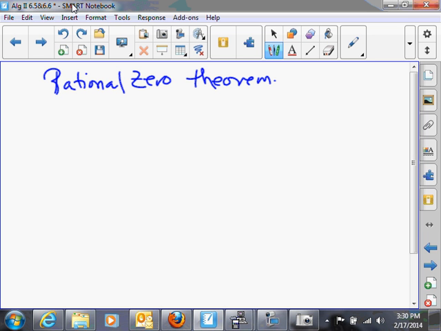Now, first of all, the rational zero theorem says that if you have a polynomial with integer coefficients, p of x is equal to maybe ax to the n plus bx to the n minus 1 plus so on plus, and we'll just use c down here as the constant. Then, and a, b, c, all the others, the coefficients are integers. Then